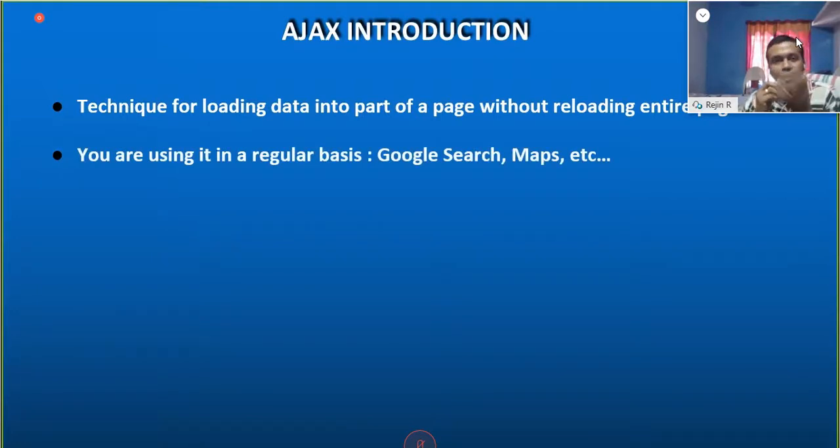Okay, you have seen Ajax knowingly or unknowingly in several situations, and you use it on a regular basis, like Google Search and Maps. Maps is a beautiful example of Ajax. Most often, you would have seen this in your mobile applications with Google Maps.